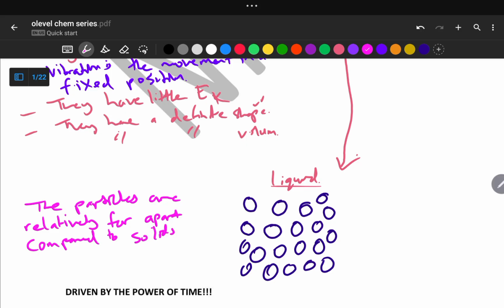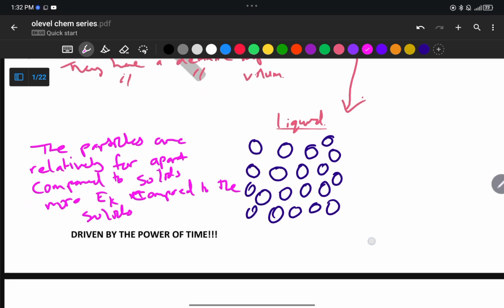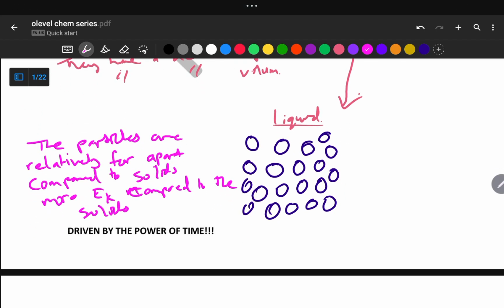And then they have more kinetic energy compared to the solids, right? And then the next part, we can say that they've got a definite volume, and